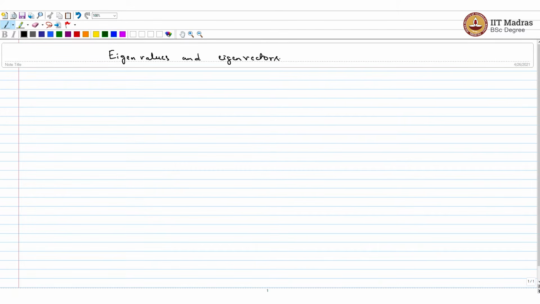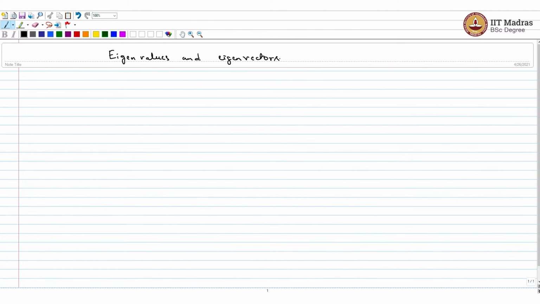We'll first start with a brief motivation which illustrates the need for this concept of eigenvalues and eigenvectors, and then we'll define concretely, for a given matrix, what is an eigenvalue and what is an eigenvector, and then we'll look at a procedure to calculate all eigenvalues and eigenvectors. We'll start the discussion with eigenvalues and eigenvectors, and then cover a lot of topics which